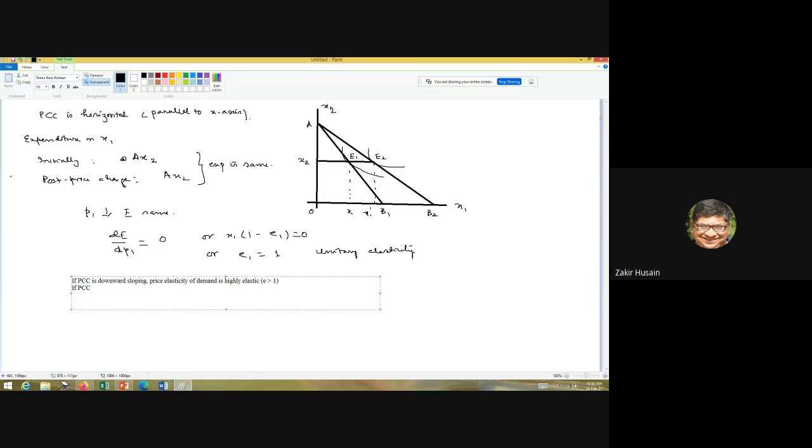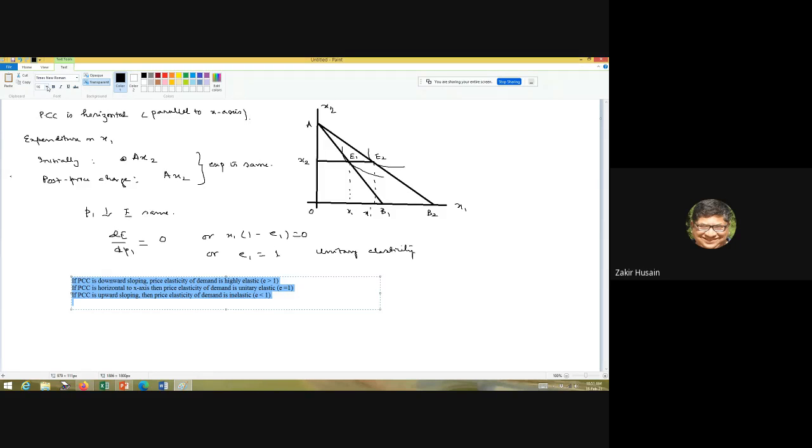PCC, when horizontal, is unitary elastic. It is equal to 1. Then it is inelastic. Okay? So if you have to prove this, if I ask you to prove this result,